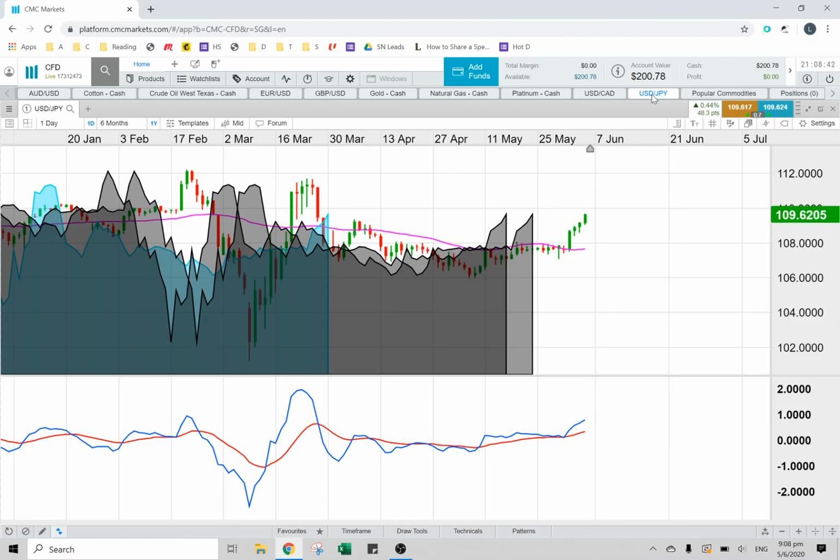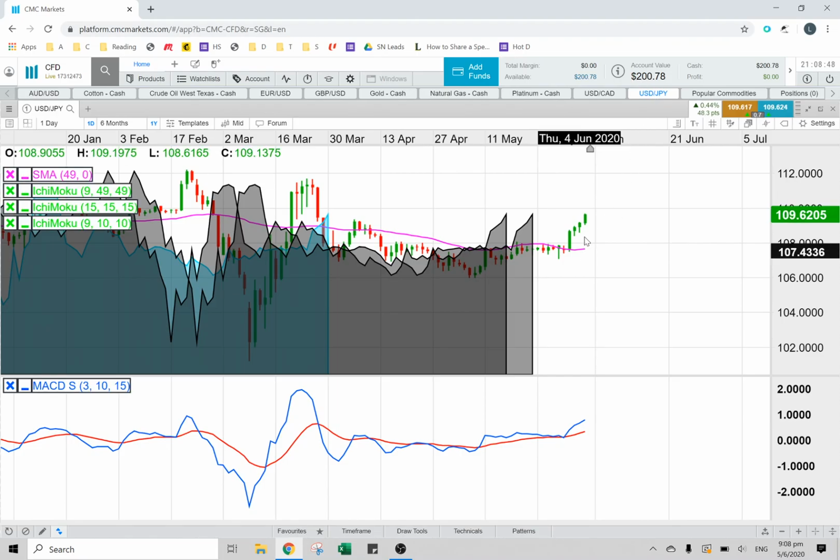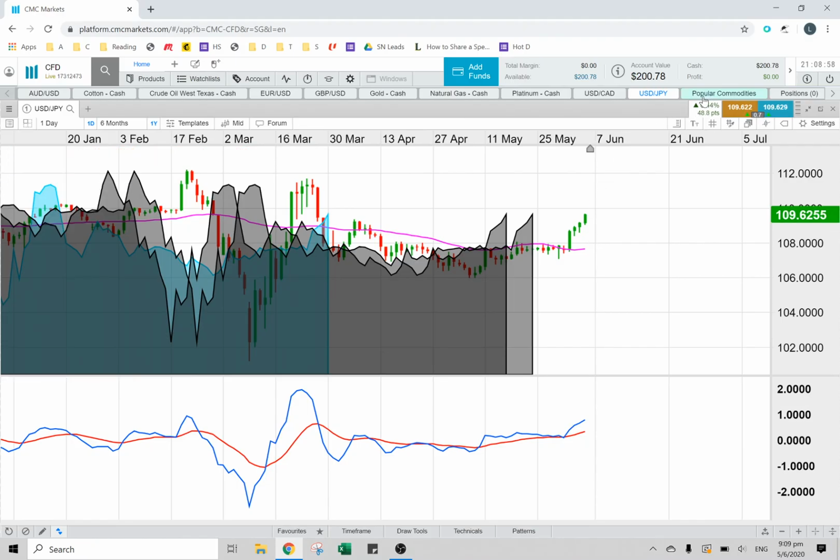Yen, price went up, but it's too flat. We don't want to trade it, especially if price comes back down, the trend is just going to be flat. So rather wait it out a bit more. And lastly,